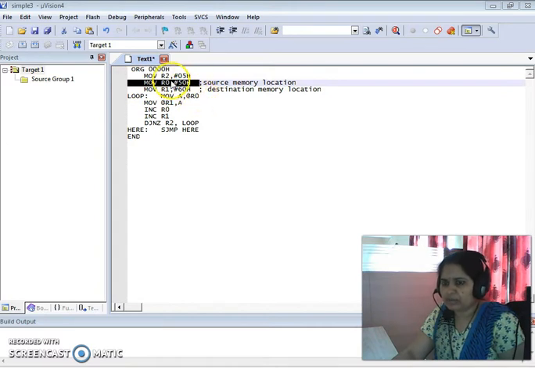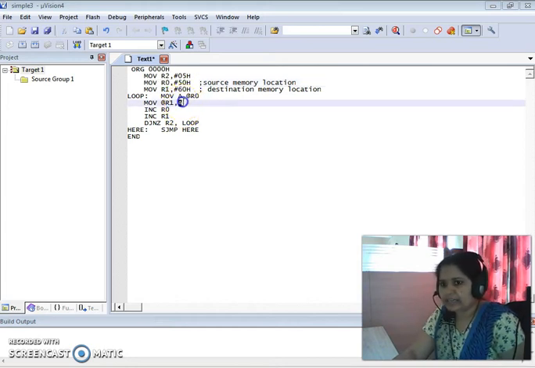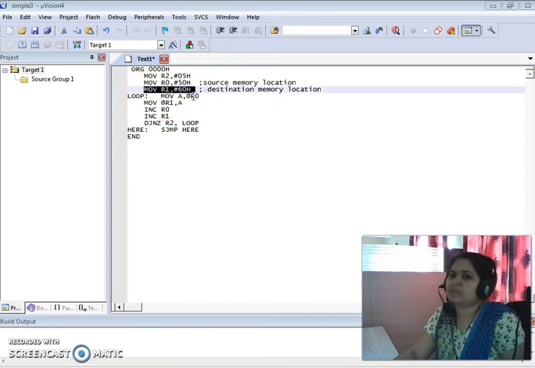So the 50H memory location content is transferred first to the accumulator, and then the accumulator content is transferred to the 60H memory location. What is the meaning of this instruction? The accumulator contents are transferred to the memory location whose address is pointed to by R1, and right now R1 is pointing to the 60H memory location. So the first byte available at the 50H memory location is transferred to the 60H memory location by these two instructions.